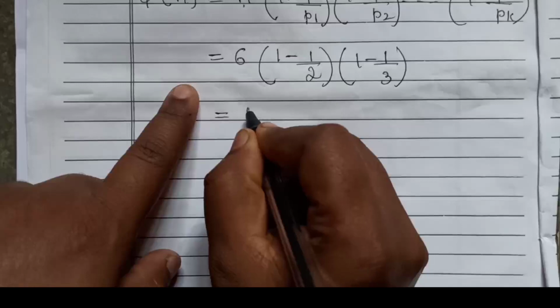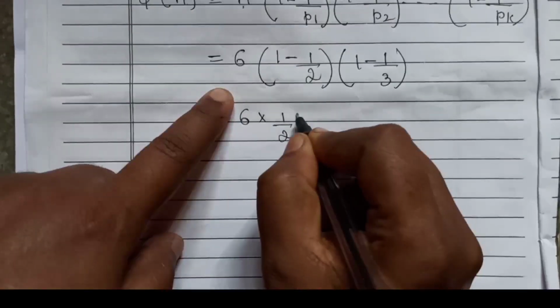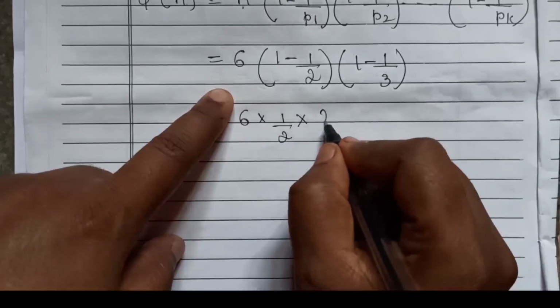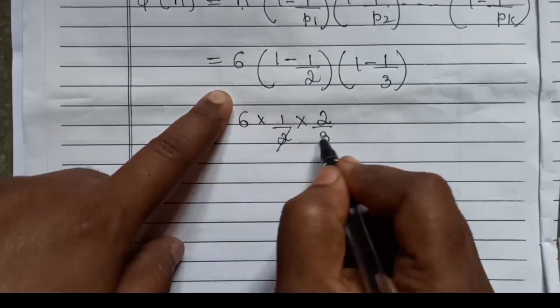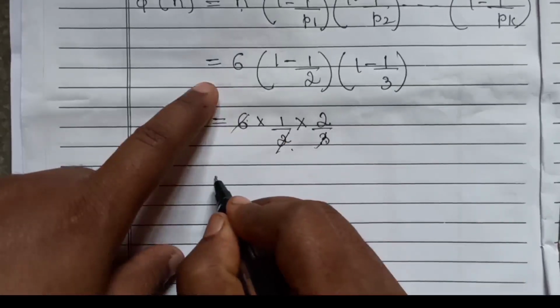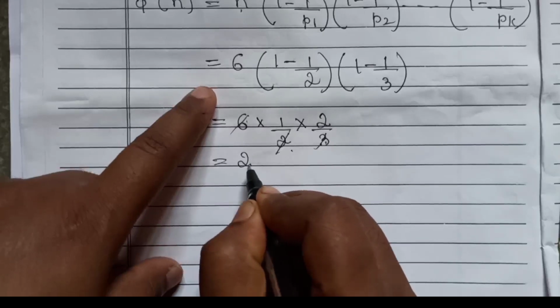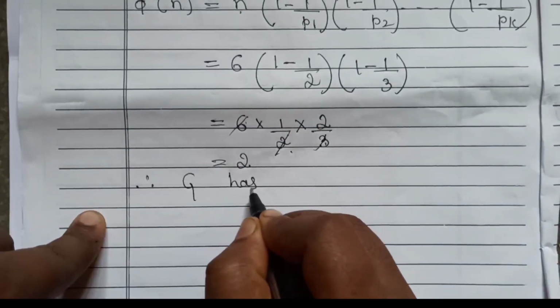Further simplifying we get 6 times 1 by 2 times 2 by 3. So these get cancelled: 2 times 3 is 6, 6 gets cancelled, we get 2. Therefore G has 2